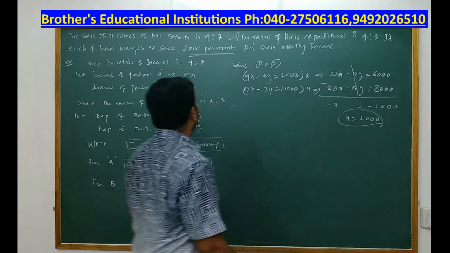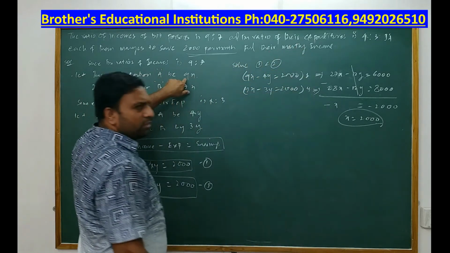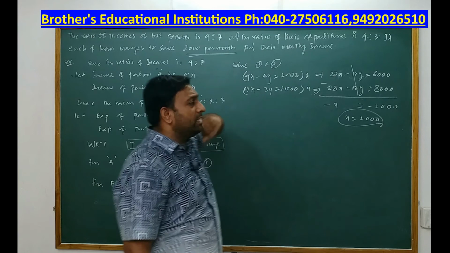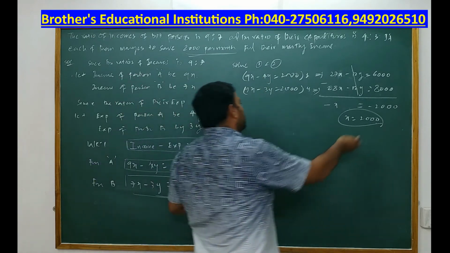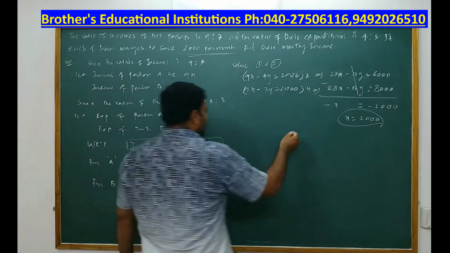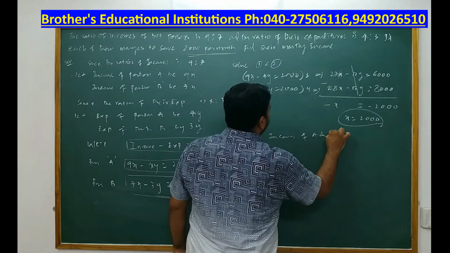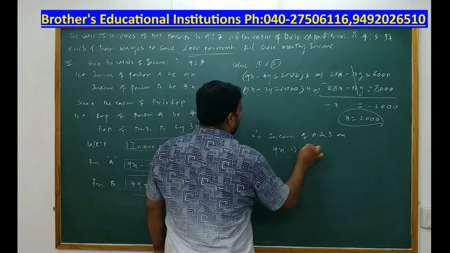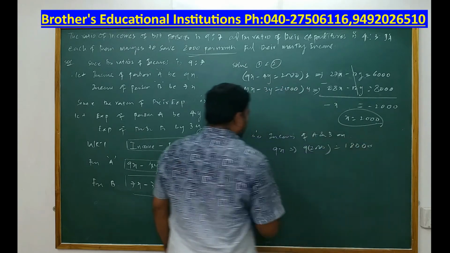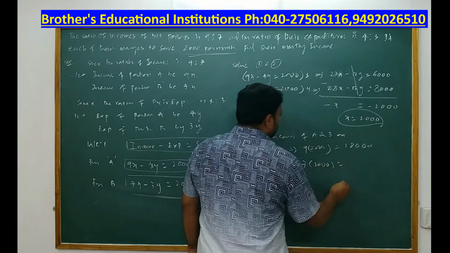What is x? The multiplying factor here. What is the question asked? Find their monthly income. So I will substitute the value of x here and I get the monthly income. If he asks you to find the expenditure, then you have to find the value of y. And how do you find the value of y? Substitute x into the equation, you will get the value of y. Anyhow, there is no need for this in this problem. So I'll say therefore the incomes of A and B are 9x, which is equal to 9 into 2000, which is 18,000, and 7x, which is equal to 7 into 2000, is equal to 14,000.